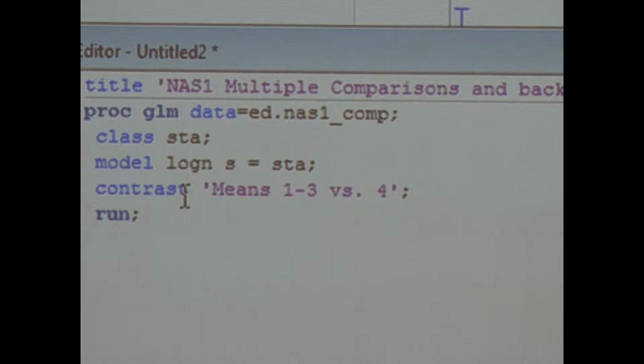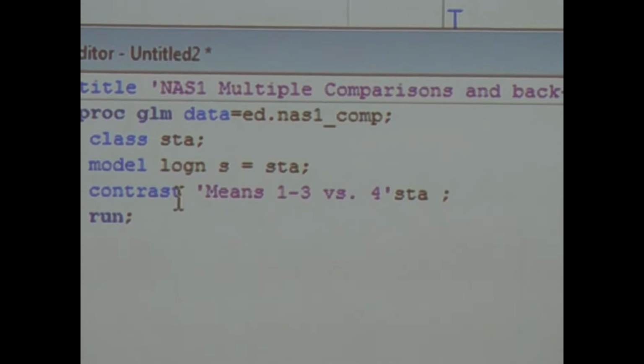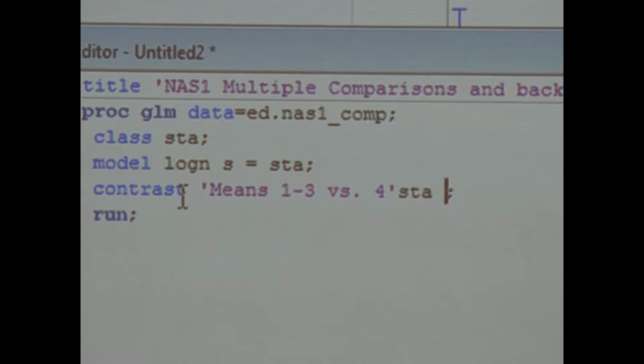And now we have to tell it what effect we're going to look at. And the effect here is station. And now we have to give it the coefficients. So we're going to use 1, 1, 1, and then finally -3. So it's going to run this on both log n and on x. So let's run that. And now when we go back up,